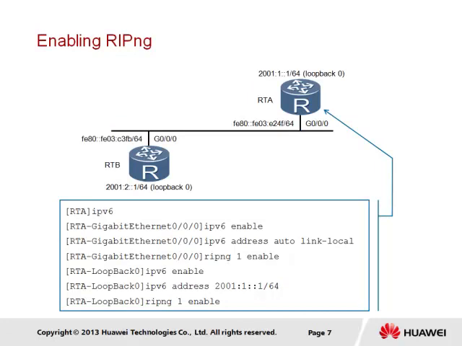To be able to implement IPv6 routing protocols, we must firstly enable support for IPv6 on the device supporting VRP. This is performed at the system view using the command ipv6. For each interface that is also to participate in IPv6, the command ipv6 enable must be configured at the interface view. Once complete, we are now able to implement IPv6 addressing on the enabled router interfaces. In this case, we are working with interface GigabitEthernet 0/0/0 of RTA, to which we wish to allow the interface to automatically configure an IPv6 link local address. To do this, we use the command ipv6 address auto link-local, and in this instance, the interface has been assigned the IPv6 address of